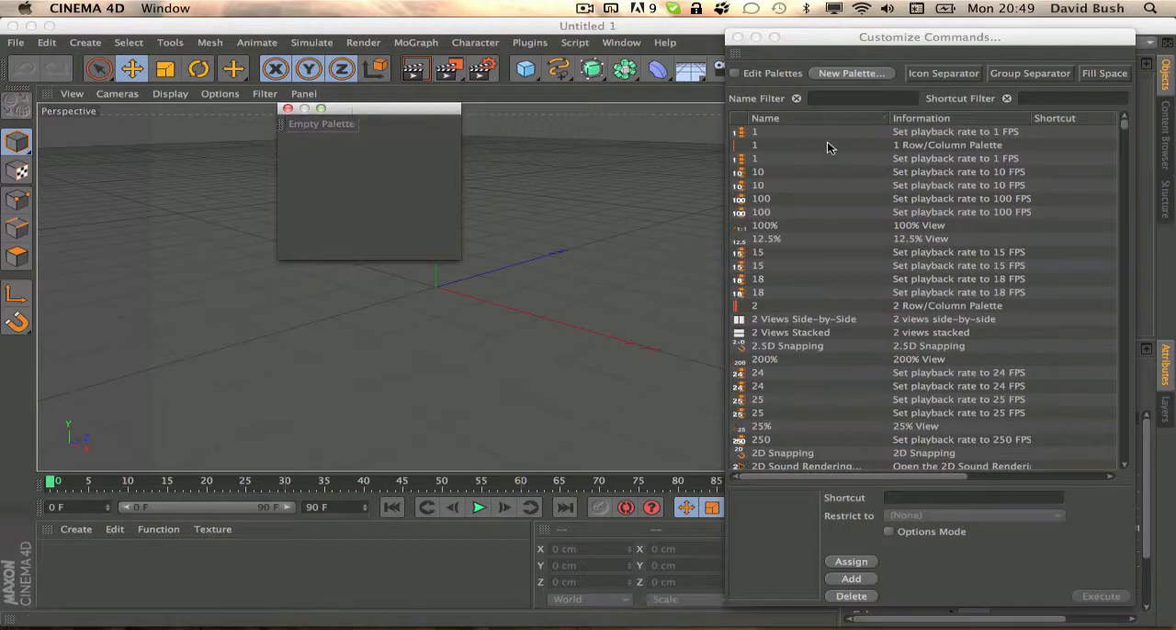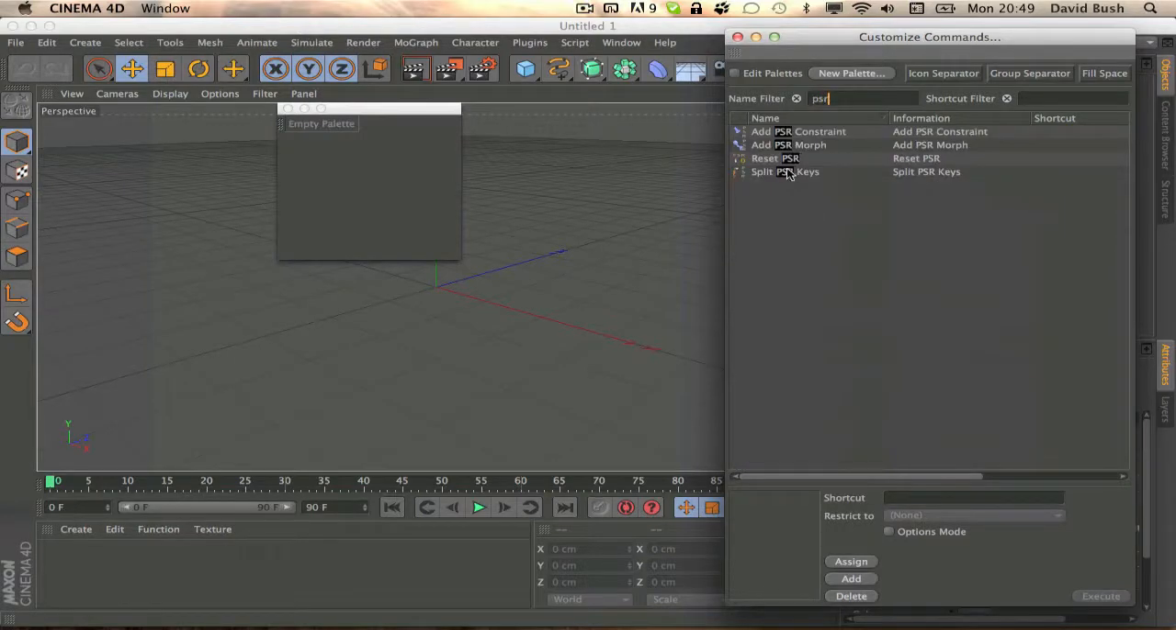One of the most useful buttons, or shortcuts, I've ever found is the Reset PSR button. If you just type in PSR, you can see this Reset PSR. All you do is drag it from here to here until you get this little grey thing. You want it there. And basically all it does is